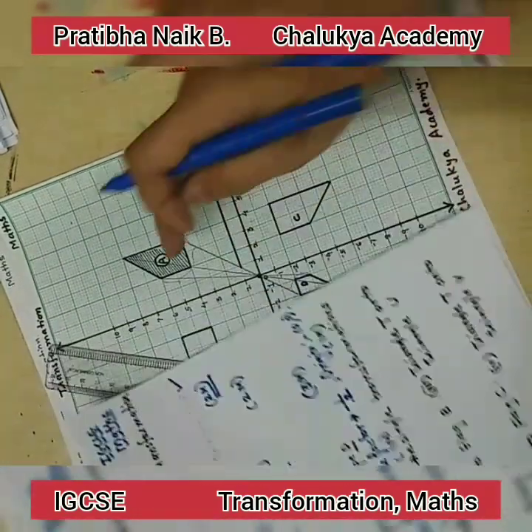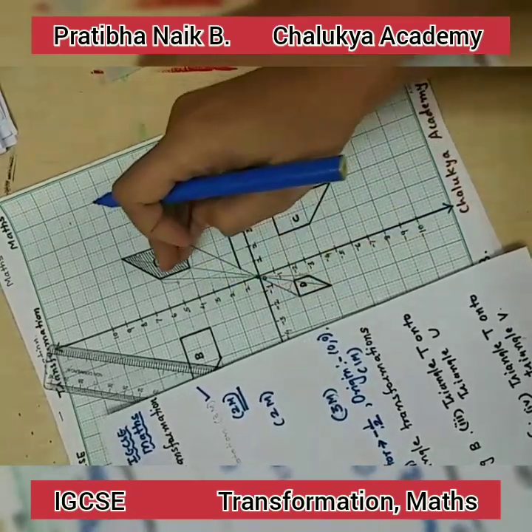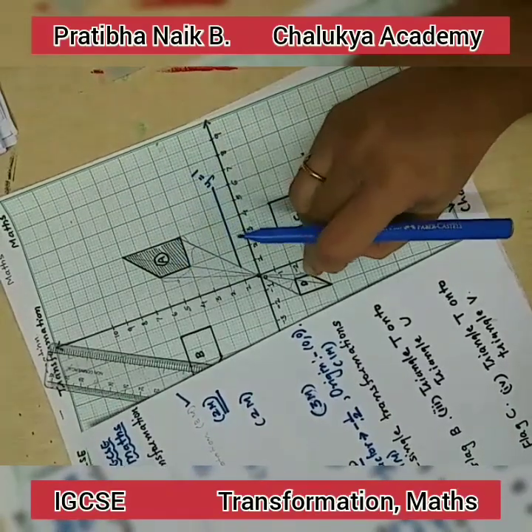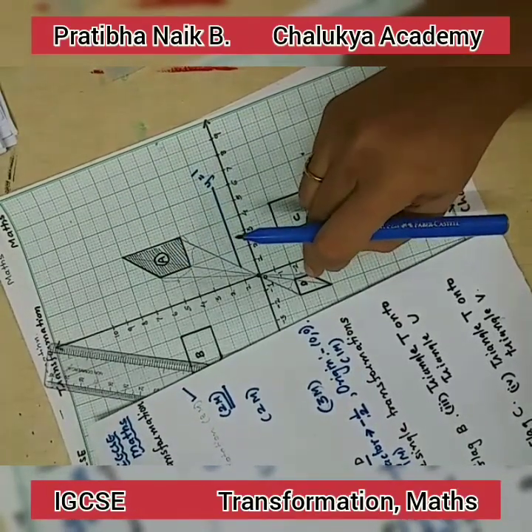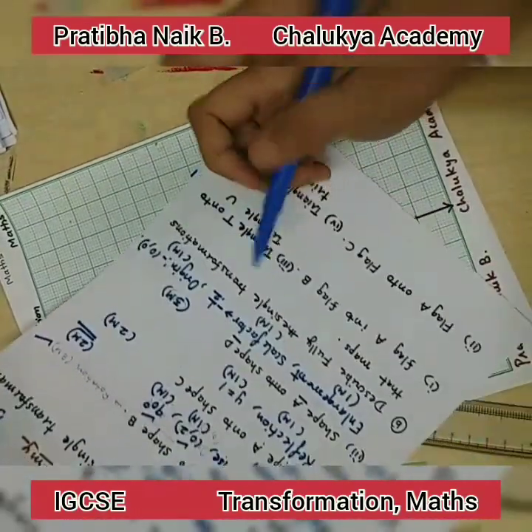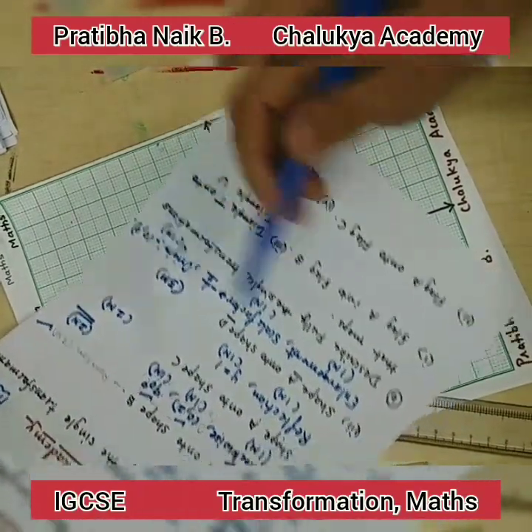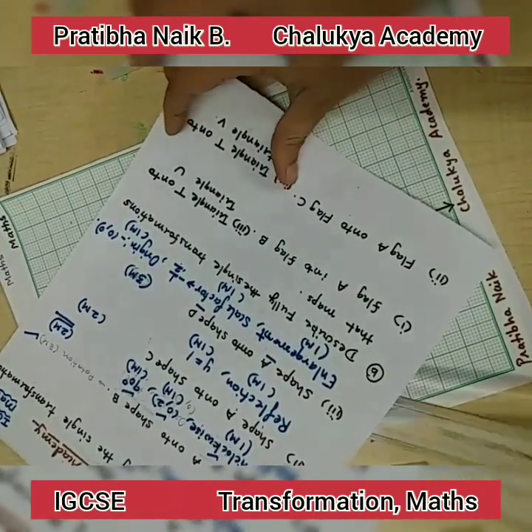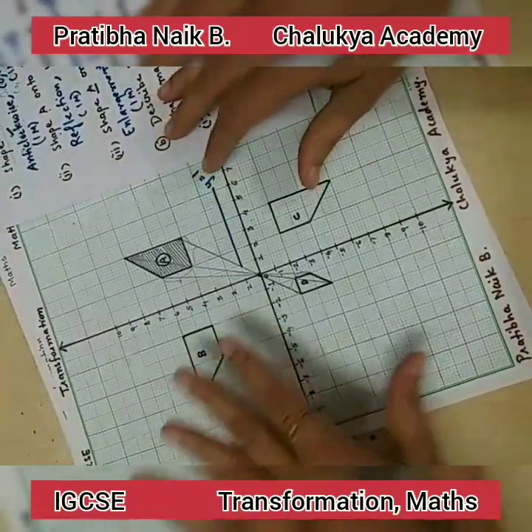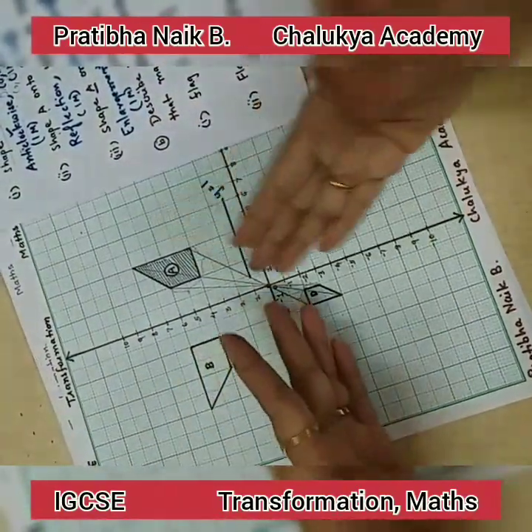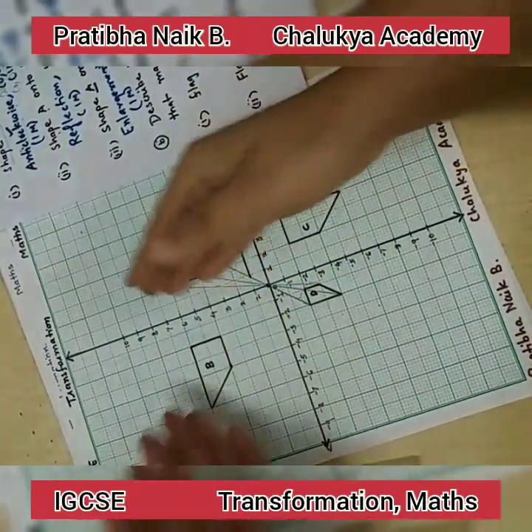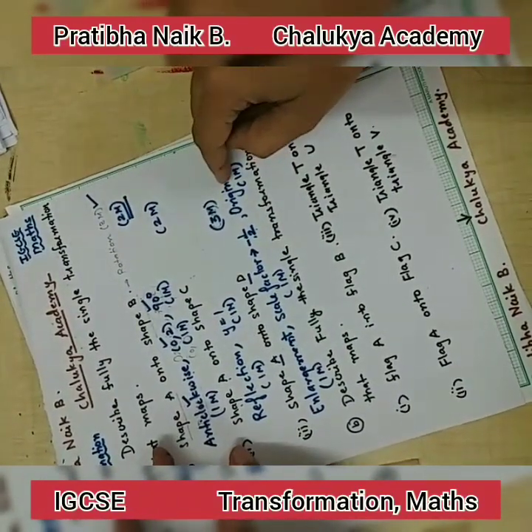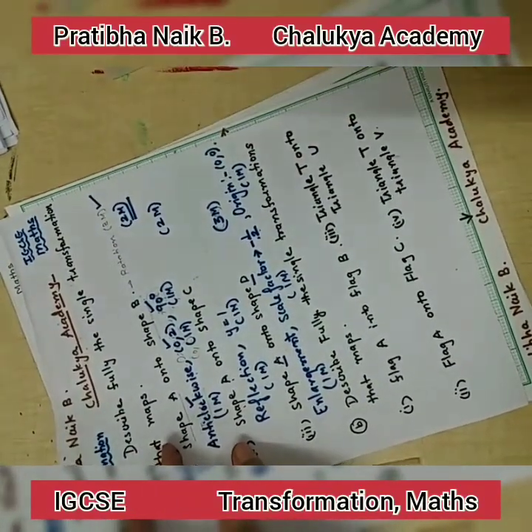Why is it minus? Because the object or this given shape is moving downwards. That's why it is minus. Why half? Because this is 2 units and the similar part or corresponding part is just 1 unit. That means it is half of the original shape. So the scale factor is half, origin is 0, 0 and enlargement is 1, and type of transformation is 1 mark. So dear students, this way you have to show each and everything on the graph. That is how you identify the origin, how you go about rotation and all. So this way you can get full marks on this topic, that is transformation.